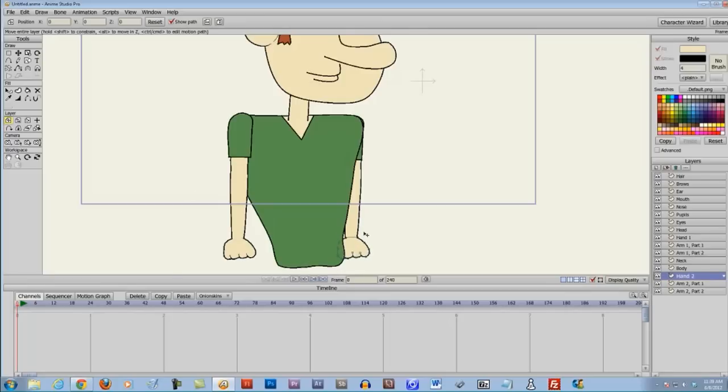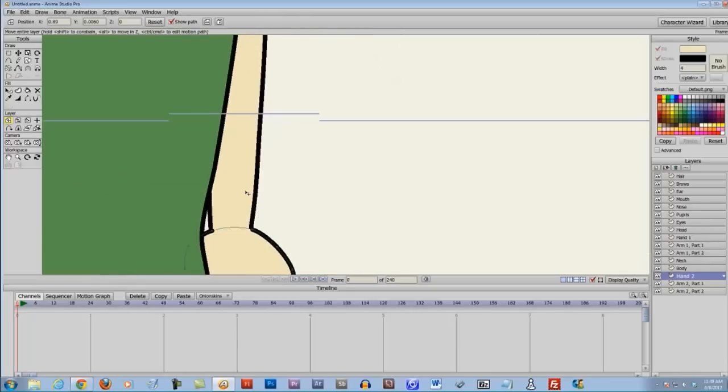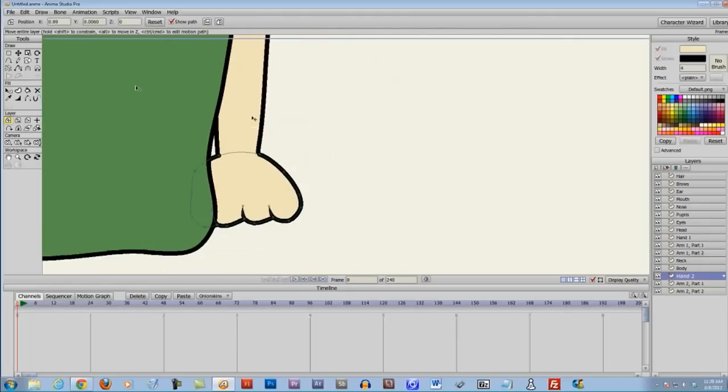So now you would probably want to go into the hand here and do some alterations, like, I'm not sure if I'm going to get this right. It usually takes me a few times to get this right, but we can adjust some of the knuckles here. And then you're going to want a thumb in there somewhere because you're seeing the inside of the hand, and if his hand is clenched, you're going to want the thumb to come into play at some point. So if you took the add points tool, you'd want to somehow draw the thumb at this point right around here to create the look that he's clenching his